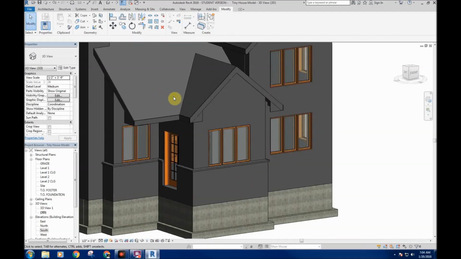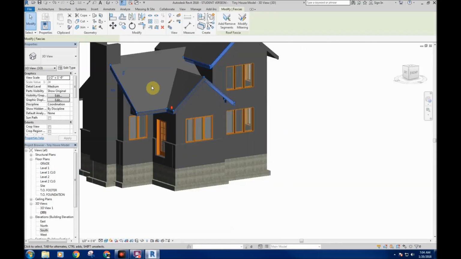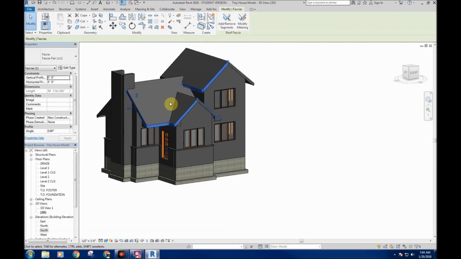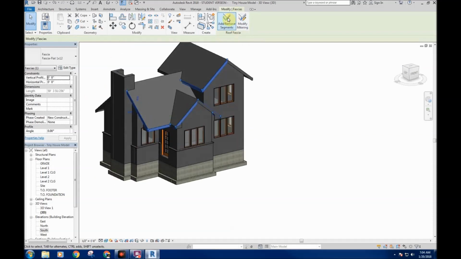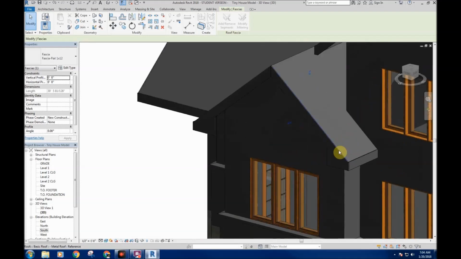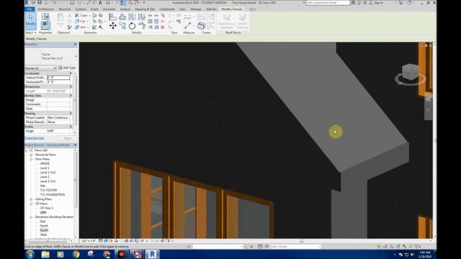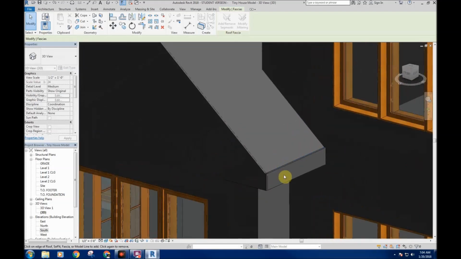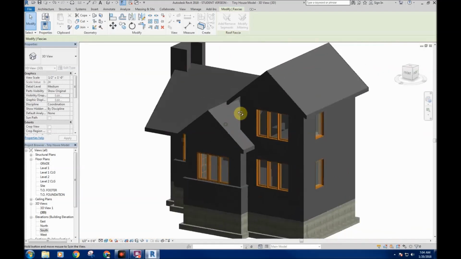So if I hit finish model, and now I have this fascia around here, so I can come up here and hit edit, add or remove segments. So I can come in and say, okay, I don't want any of these on here. Okay, so now that all of that has been taken care of,